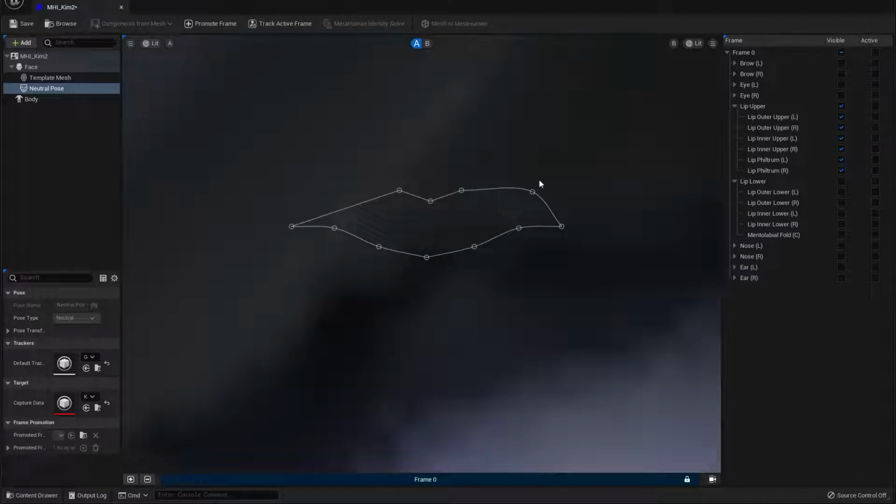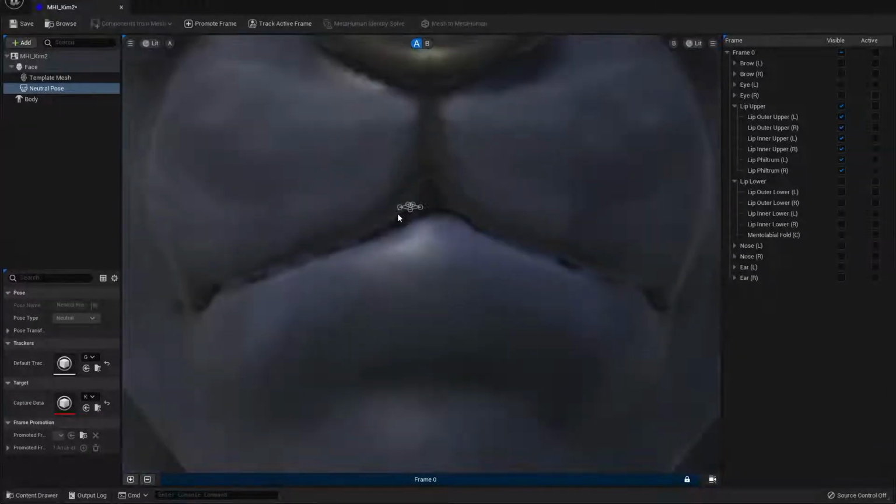So yeah, just get rid of anything extra so that we don't have as many points that we have to move in order to just get it set up on the face. So right here, we're just moving the corners of the mouth. This is just the upper. So put that there,